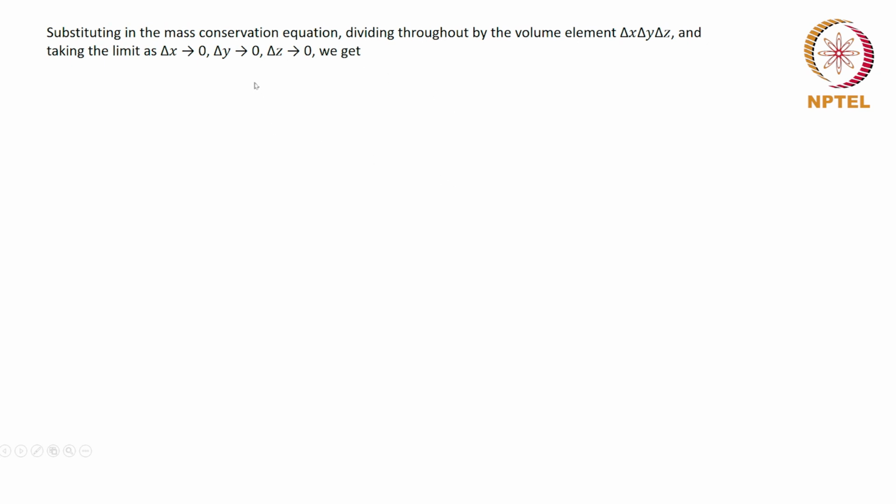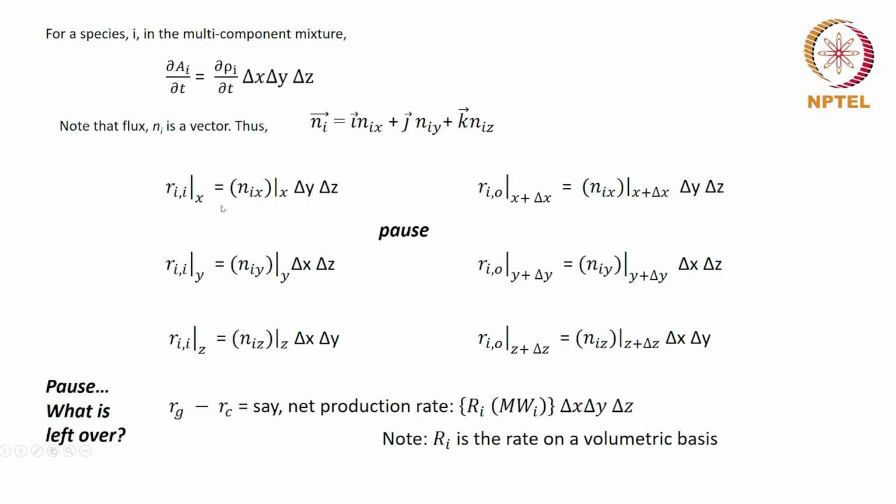You get an expression, and if you divide throughout by the volume element delta x delta y delta z and take the limit as delta x tends to 0, delta y tends to 0, delta z tends to 0, you get this. Okay. We have seen the details already a couple of times. So, I am not letting you work through the details. If you want, you can do that, to feel comfortable. You can of course see here, you have these various things, input minus output, then you put that into that expression, divide throughout by delta x delta y delta z, and so the terms that remain will form the expression for the derivative when the limit is taken, and so on and so forth, as we saw earlier.